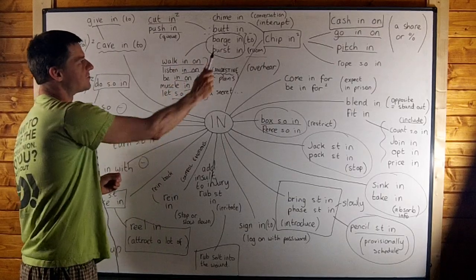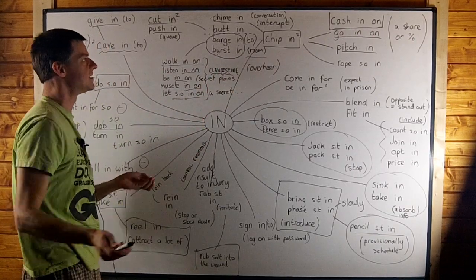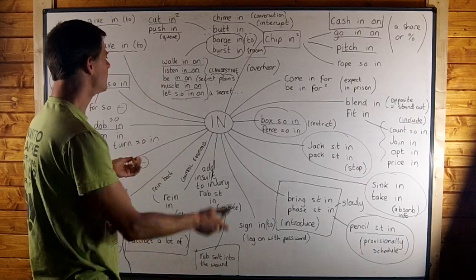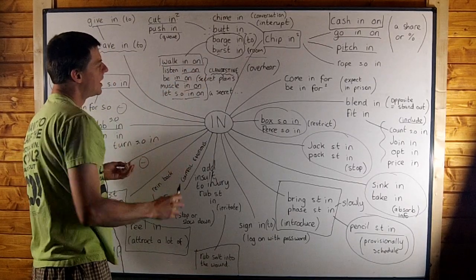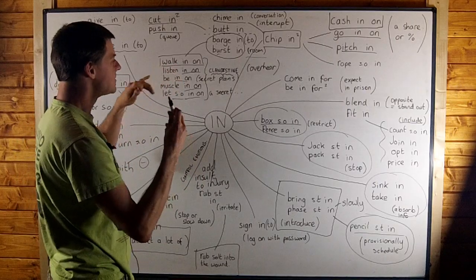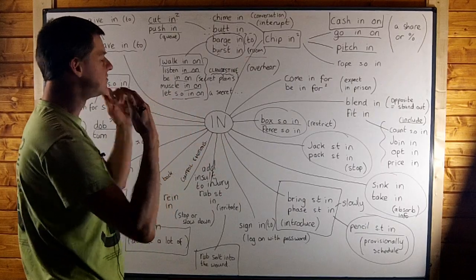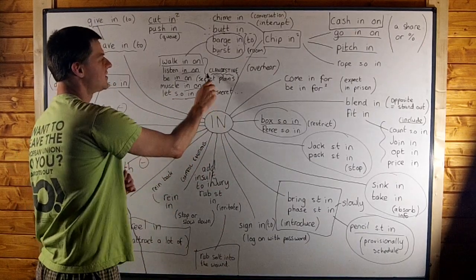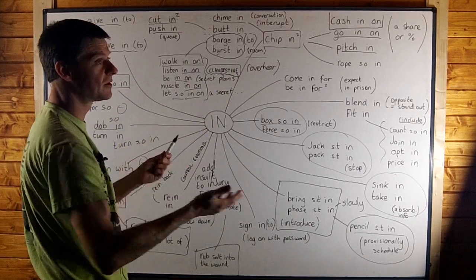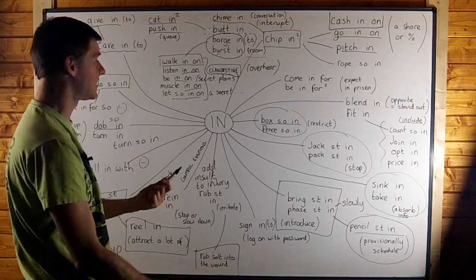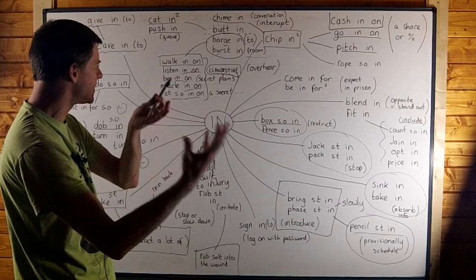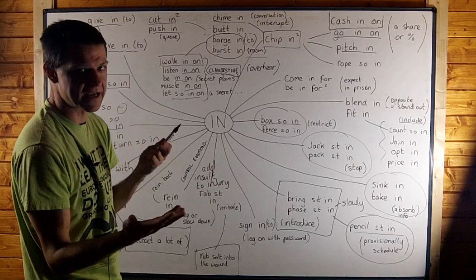Okay, there are several others which are similar to barge in or burst in, because when you barge into a room, when you barge in unexpected, very often you walk in on someone. And when you walk in on someone doing something, this is used for when you walk into the room and you see something that you shouldn't have seen. You see something clandestine. So you can walk in on a couple who are kissing. Yeah, perhaps they think they're having a secret kiss and you walk in on them. That means that you walk in and discover the secret clandestine activity that they were getting up to.